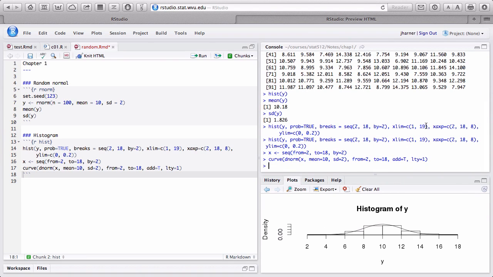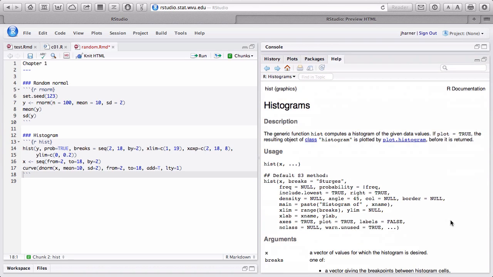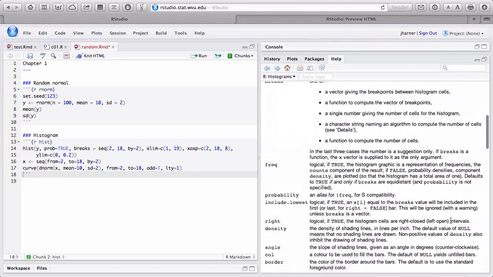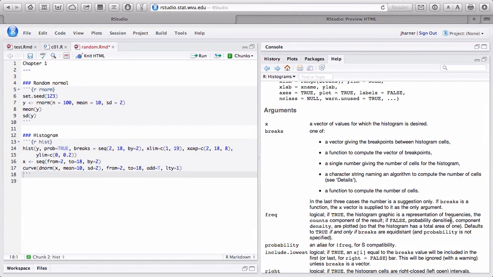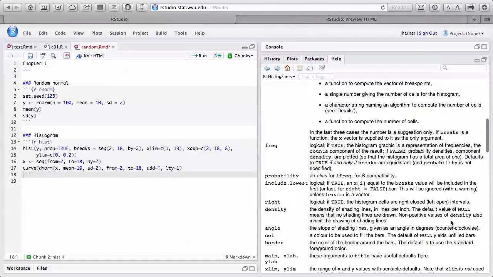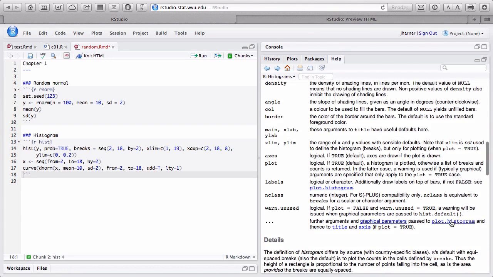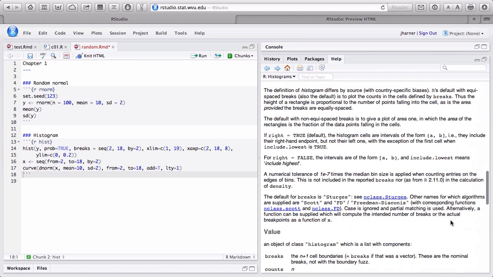and look at hist, you should use the help quite a bit. It tells you all the possible arguments, and then it tells you what they mean. So in terms of breaks, it tells you what kind of breaks you could have. And you can see there's a huge number of possibilities. You can have probability plots, frequency plots, and so forth. And then they describe